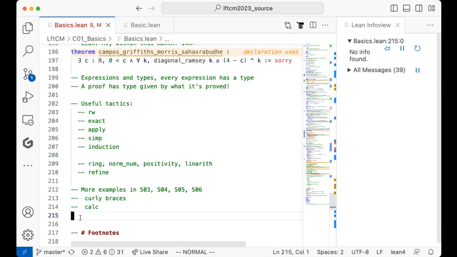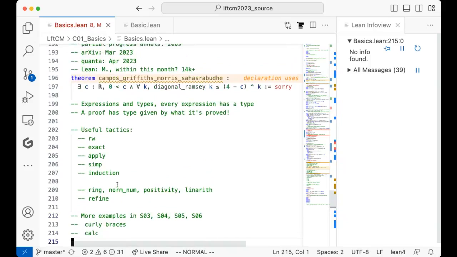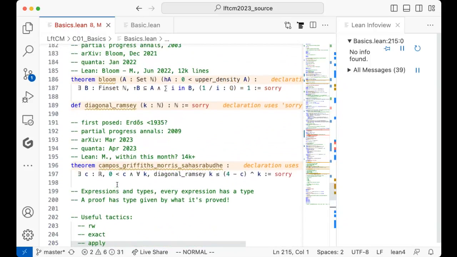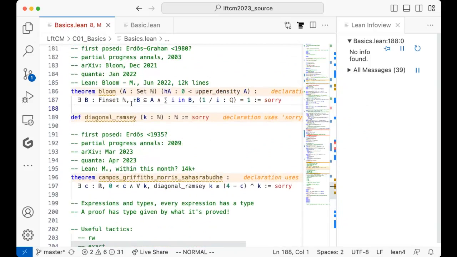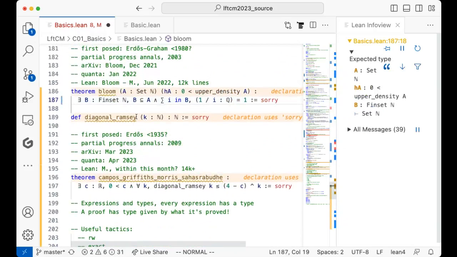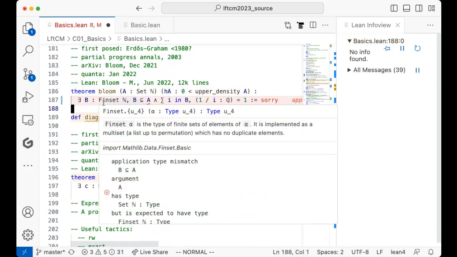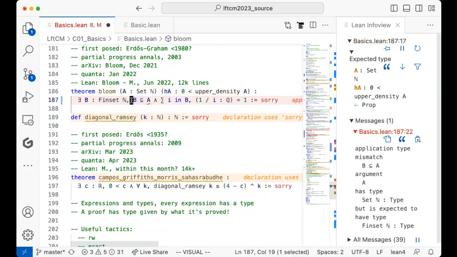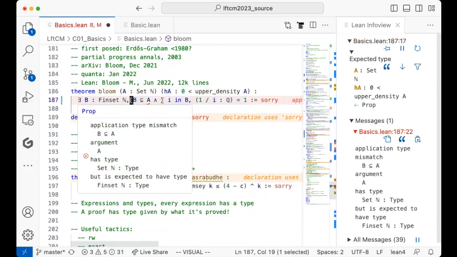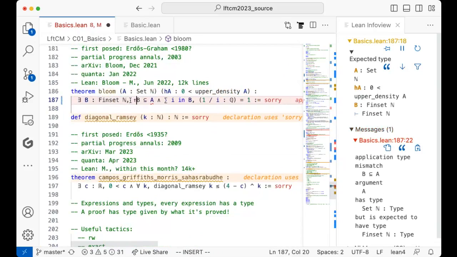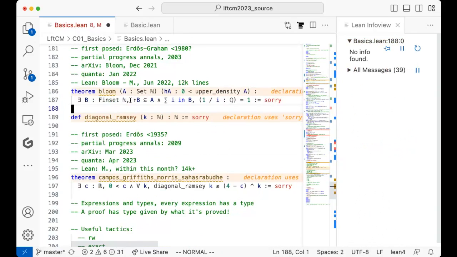Yes. So in one of the classes, there was an up arrow, B. Yes. Okay. That's a good point. If I don't have the up arrow, Lean complains because A is a set and B is a finset, and it can't automatically figure out how a finite set should be a subset of a set. The up arrow is saying, well, it's a finite set, so it's a set, so just treat it as a set. So the up arrow is called a coercion, and it's converting my finite set into a set in order